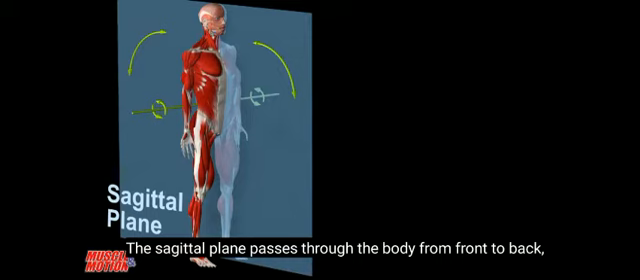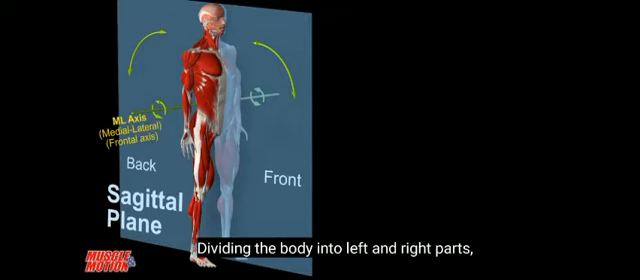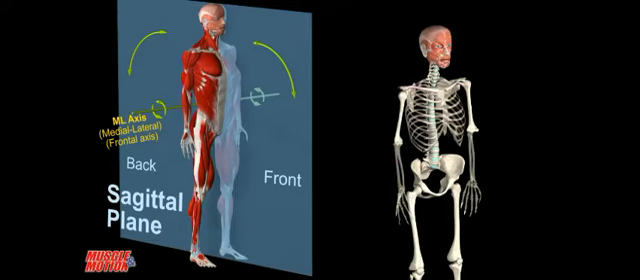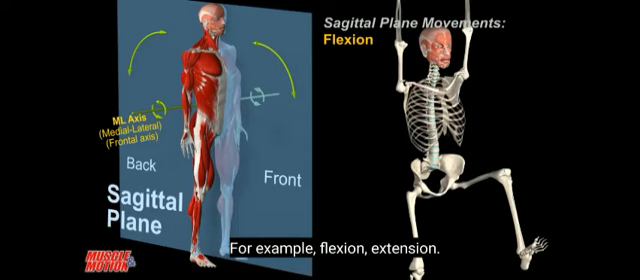The sagittal plane passes through the body from front to back, dividing the body into left and right parts. Sagittal plane movements are forward and backward movements. For example, flexion, extension,